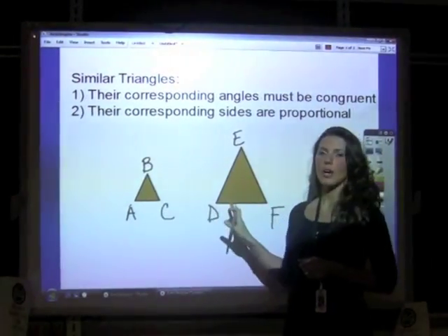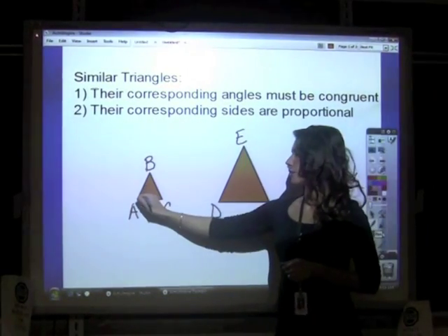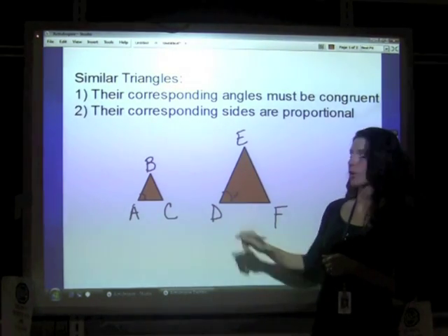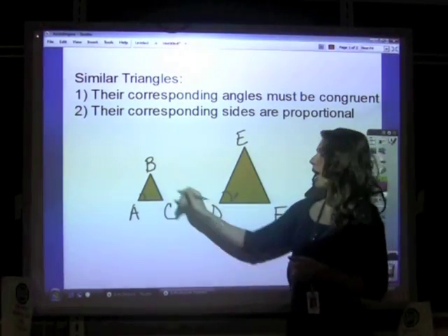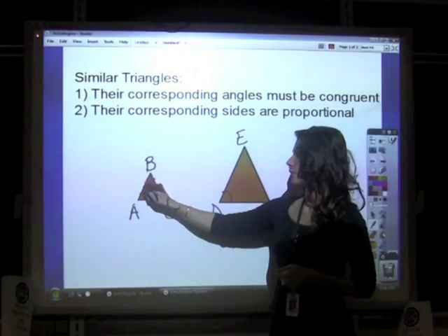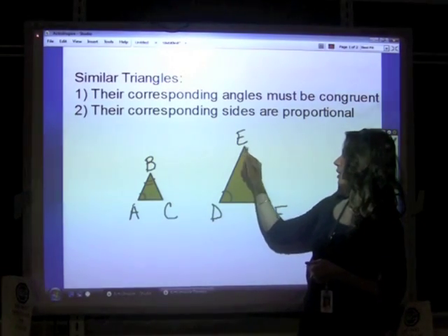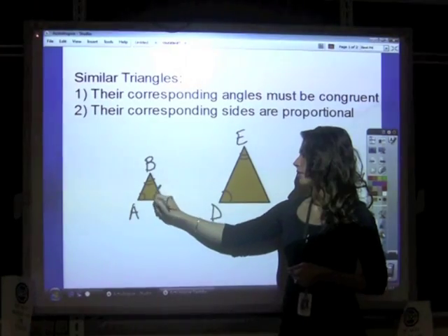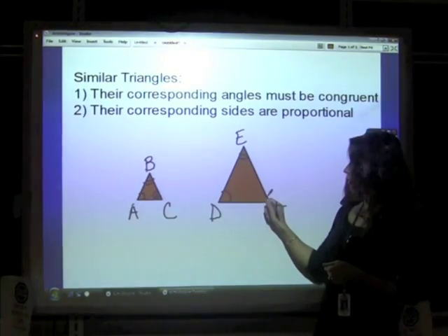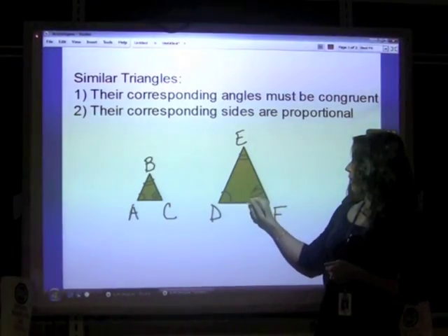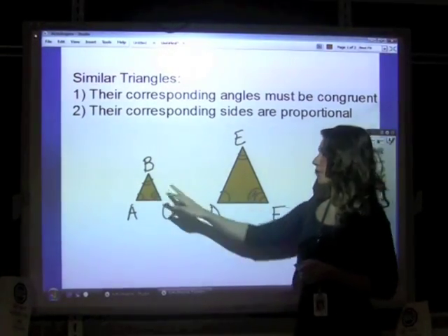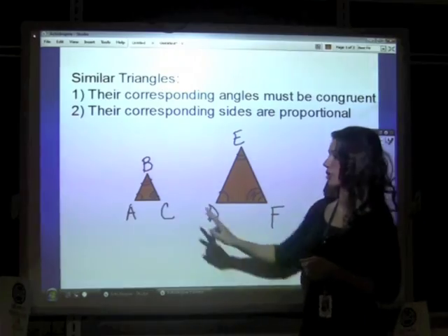In order for these two triangles to be similar, angle A must be congruent to angle D because those two angles are corresponding or matching, and angle B must be congruent to angle E, and angle C must be congruent to angle F. So if we know that these corresponding angles are equal, then we know that their corresponding sides are in proportion,